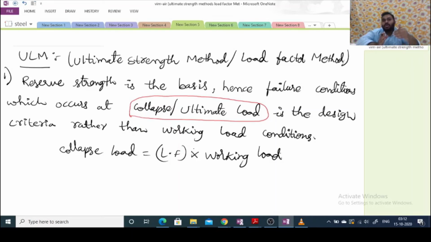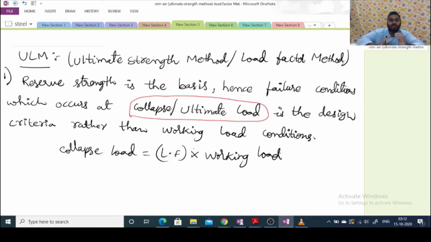It means first we are going to carry out analysis, and based on that analysis only we are going to design. Hence the analysis part, which we have already discussed, is very important, and from it 2 marks are guaranteed from the exam point of view. Very important topic. Now this particular method, that is the ultimate load method or load factor method or ultimate strength method or plastic method, is mainly based on plastic analysis. That is the reason whatever we have discussed in that, all those concepts and theories come into the picture.